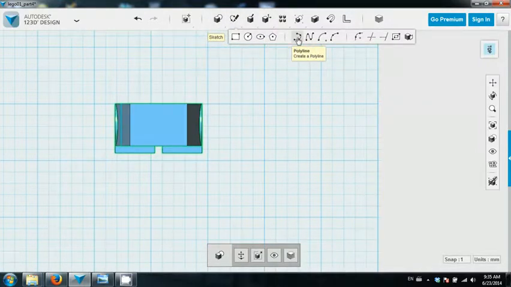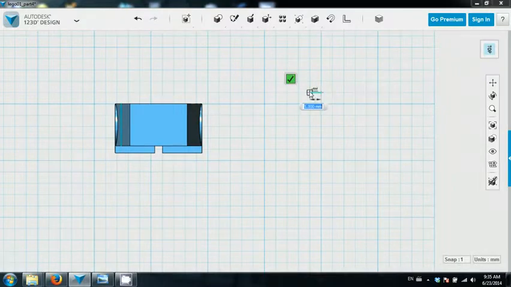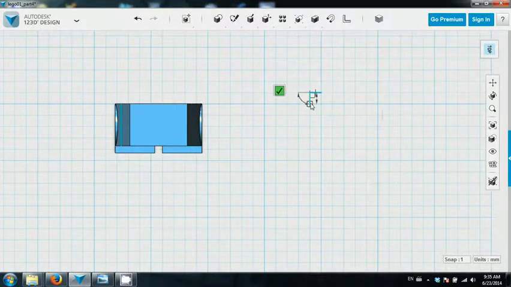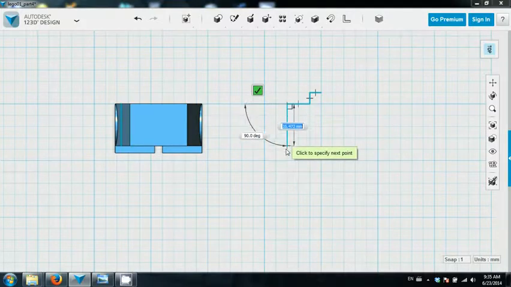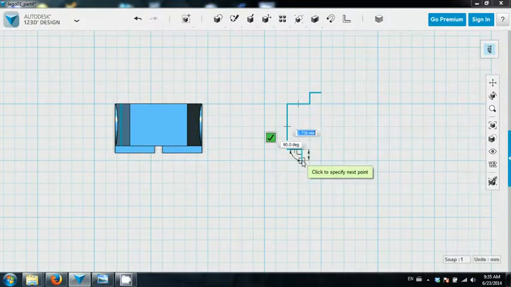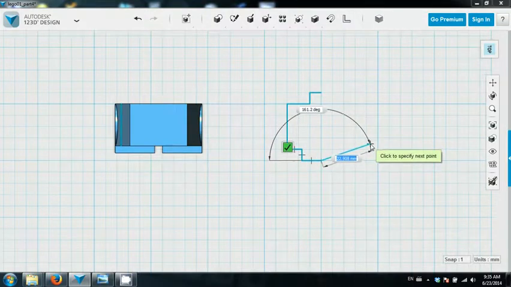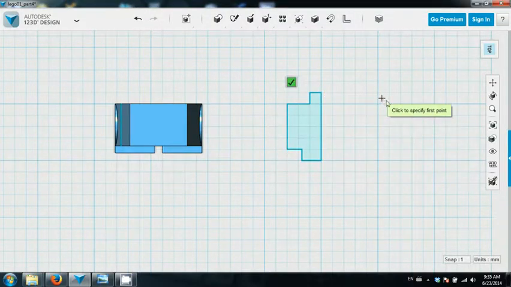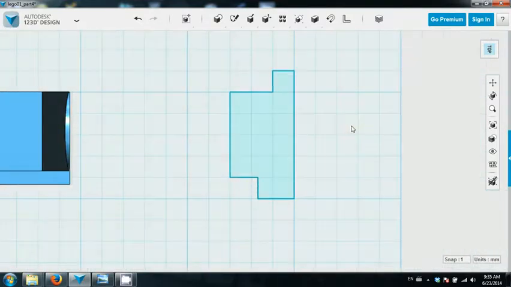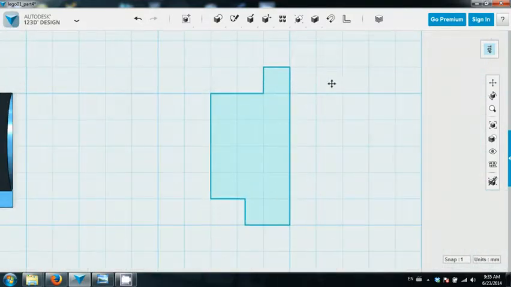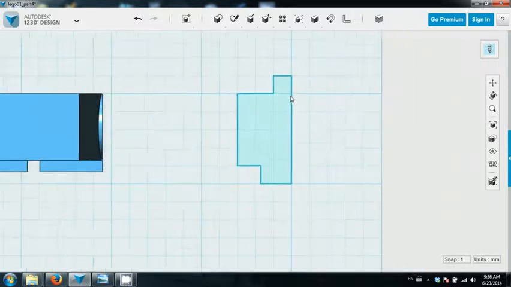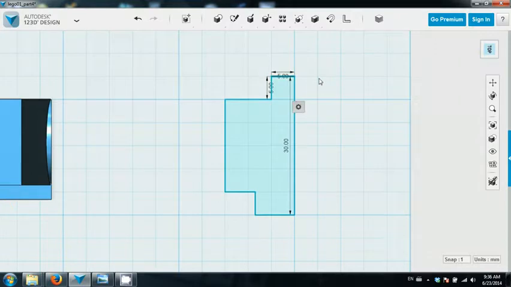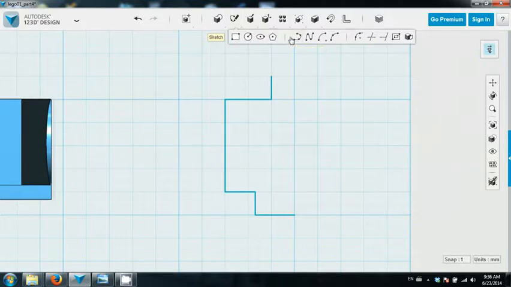So we will choose polyline and draw this, and then up here. So I'll just draw something similar to this, and then just to make it a bit more detailed, we will delete this top part here and then delete this one and delete this one, and then go back to polyline